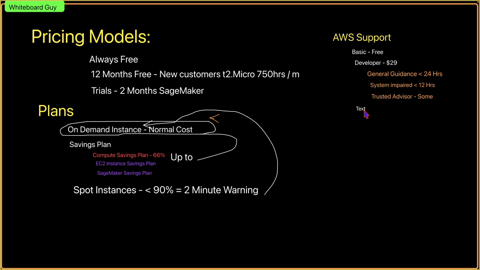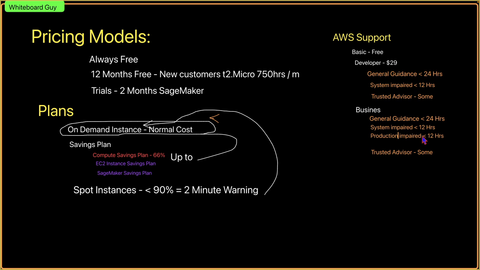Now, the other one that we can look at, where it now becomes a bit more expensive, is a business support plan. Best thing that I can do with this is to take these and just copy them over. So there is general guidance, there is system impairment, and there is Trusted Advisor as well. But what you get with this is slightly different. You've got that system impairment, but now they give you some other things as well. If your production environment is impaired, right? So if you've got a production environment and that is now impaired,